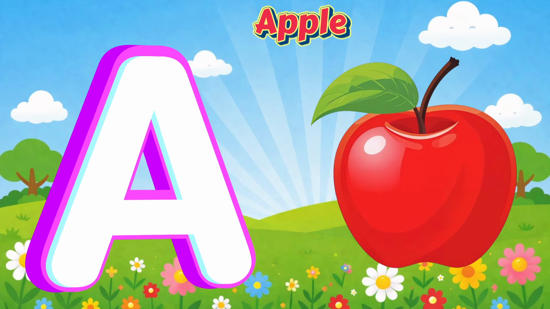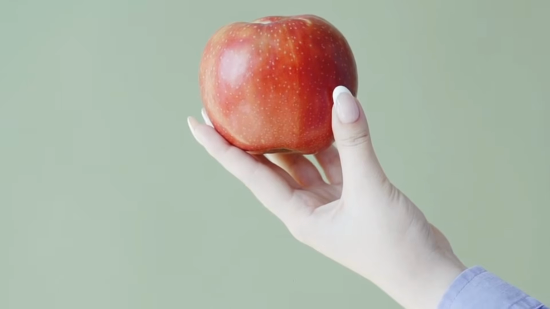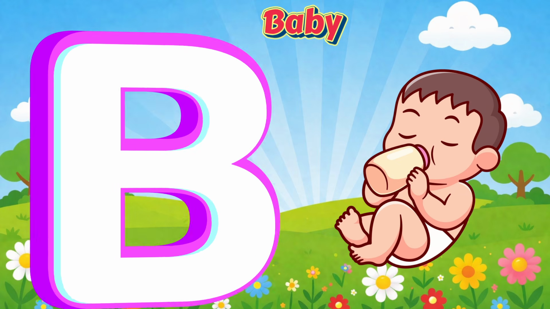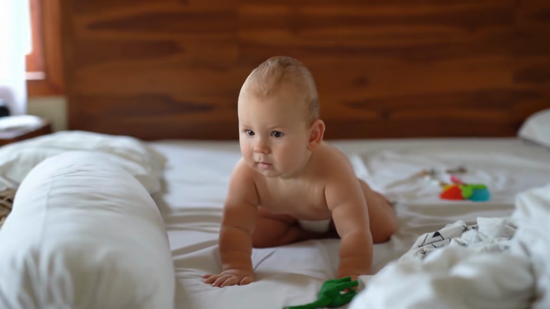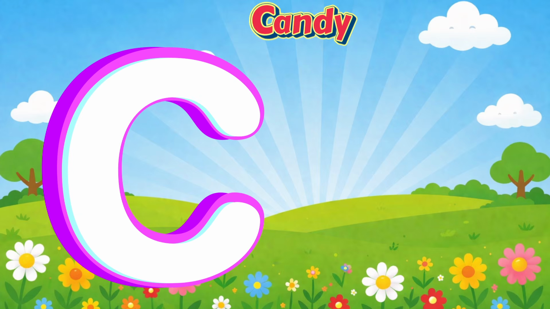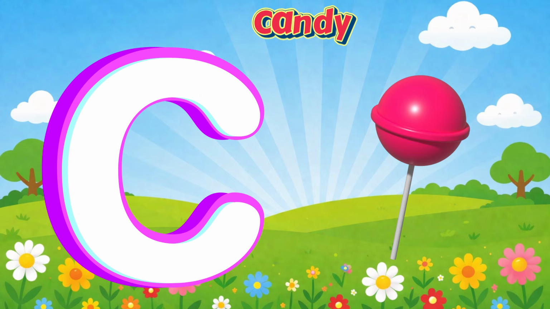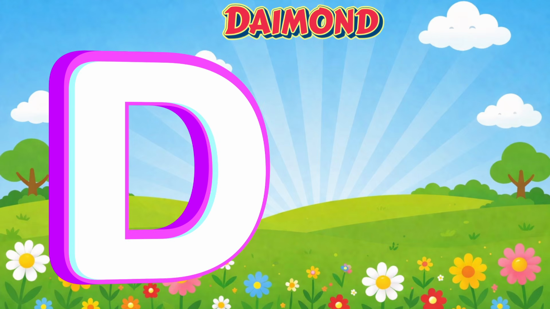A is for apple. Red apple. B is for baby. Small baby. C is for candy. Cool candy. D is for diamond,